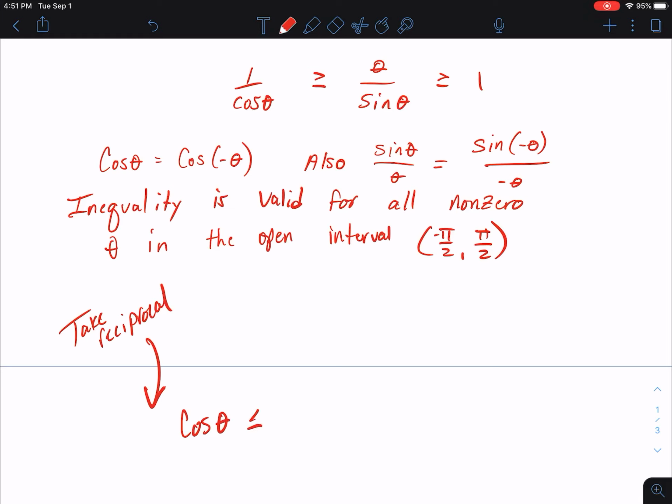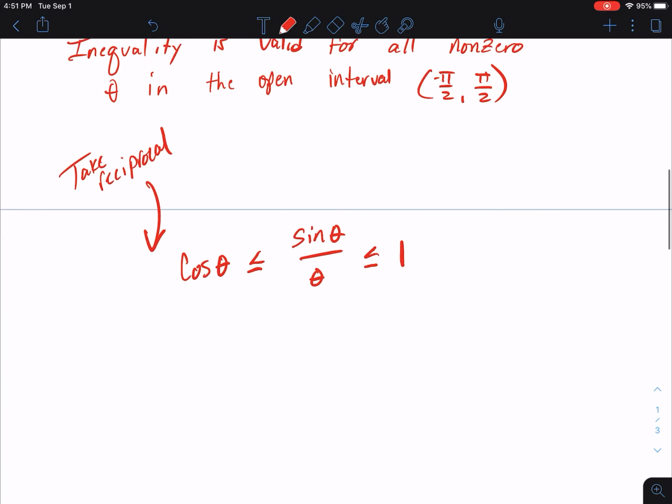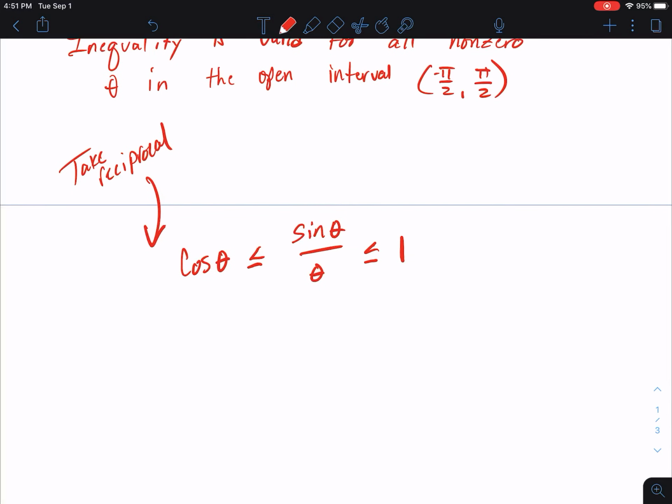We need to flip our signs when we take the reciprocal. Then we'll have sine theta over theta, and then we'll still have 1. Okay, then if we decide to take the limit as theta approaches 0,